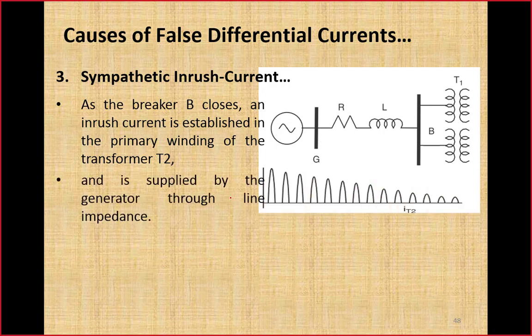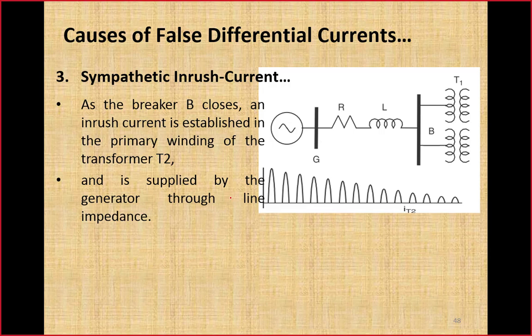And here is the inrush current shown with the help of a waveform. Current will be drawn only through positive cycles. We have again assumed that the magnetic characteristics of these transformers are approximated by the same two straight lines: a vertical line during the linear region, and a straight line with a small slope with respect to the horizontal axis during the saturation region. So this will be the nature of the current drawn by this transformer T2 at the time of energization, an inrush current which is decaying with the passage of time.